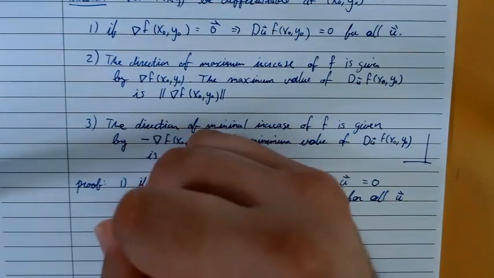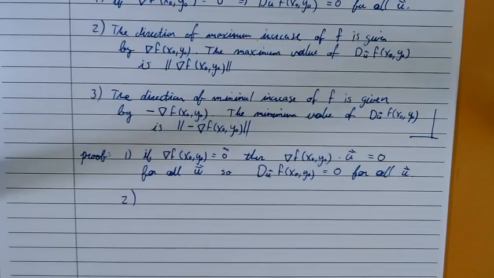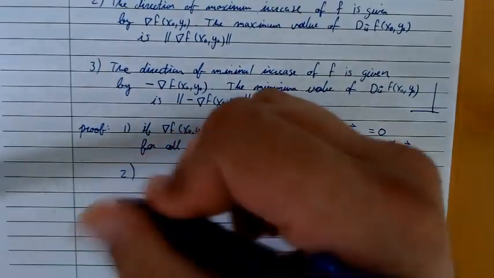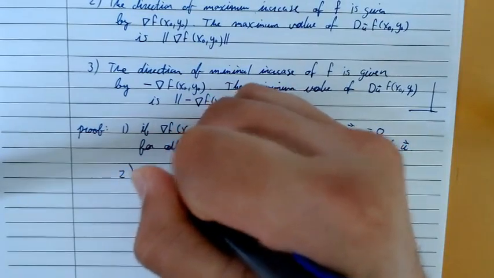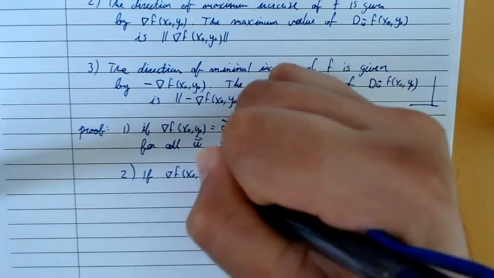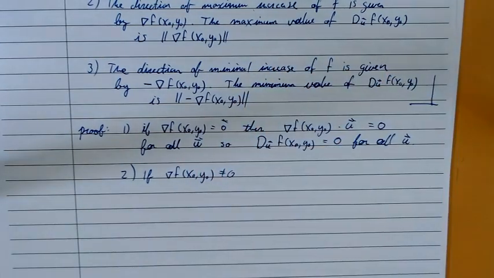Okay. Number 2 is slightly more interesting, and it helps to illuminate what we mean when we talk about the derivative, at least from a physical interpretation. All right, if the gradient of f at x naught comma y naught, let's say it's not equal to 0. Okay? Then